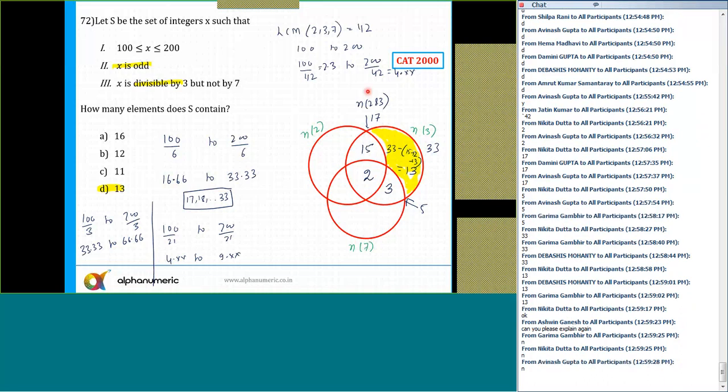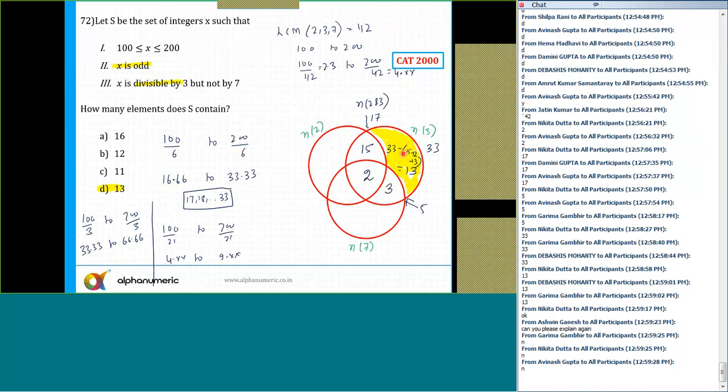Ashwin, okay. Ashwin says, in the range 100 to 200, how many numbers are there which are odd, which means not a multiple of 2, but divisible by 3 and not by 7. Whenever there is confusion in the language, take the help of set theory. First set, multiples of 2, multiples of 3, and multiples of 7. But we are looking for odd numbers, so it will be outside 2, and not a multiple of 7, so it will be outside of 7.